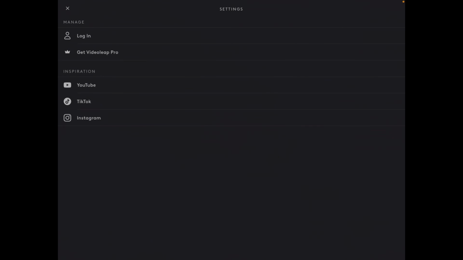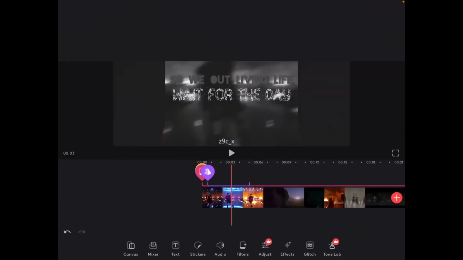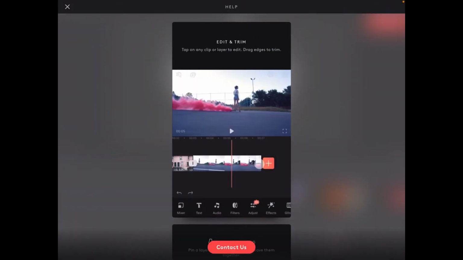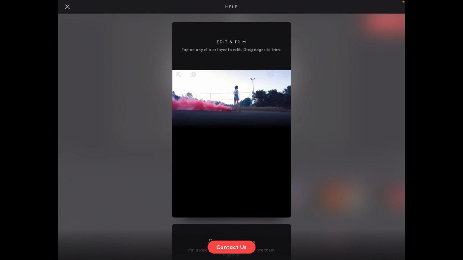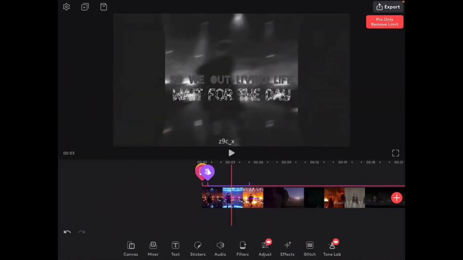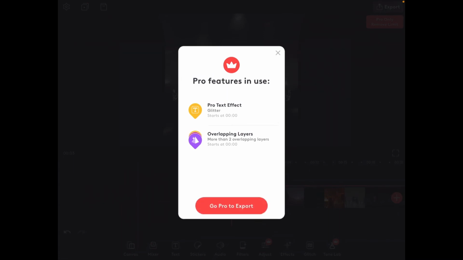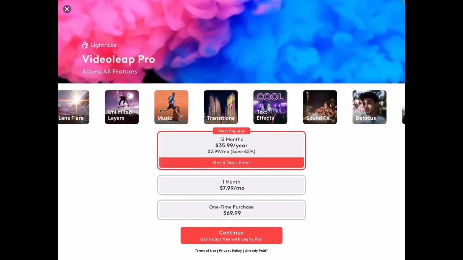Settings you can check, or you can log in, or do other stuff. If you want to change the project right now, you can just change it. And if you want to contact them, you can contact from here. I did something that's only for the premium version, so I have to remove it. But you can just get the premium version. It's only